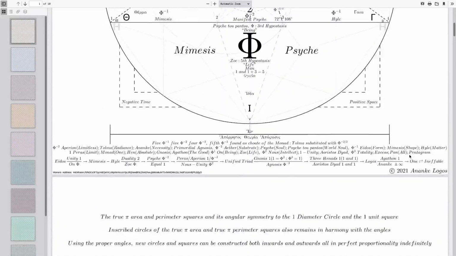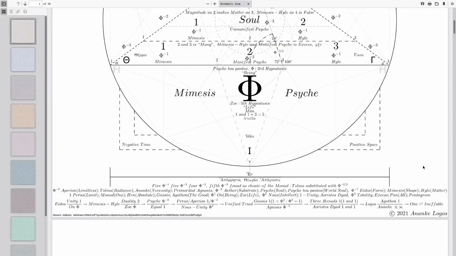Okay, which leads to the one and the ineffable, which goes back and forth. This ineffable is the aporetos,